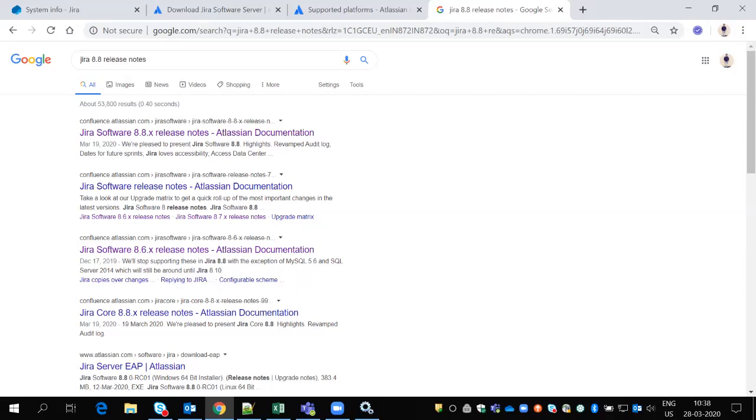It's only version differences. Versions might be increased, only a version difference.